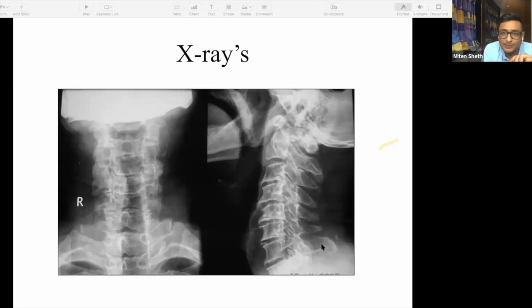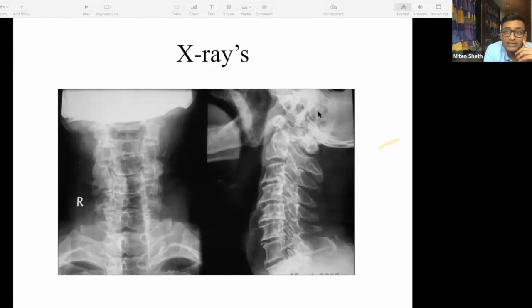You have to see the spinous process. You have to see if you can adequately see your entire neck, so you see your C1, C2 to C7. And in the AP view, again, you see your alignments well. Now, the only important thing that you are going to identify on a neck X-ray, because mind you, everybody above the age of 20 who gets a neck X-ray will show some degeneration, is how bad the degenerative changes are.